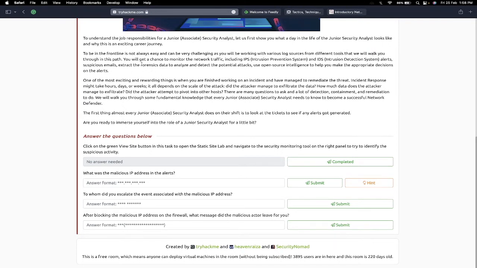You will get a chance to monitor the network traffic, including IPS (intrusion prevention system) and IDS (intrusion detection system) alerts, and suspicious emails, and extract the forensic data to analyze and detect the potential attack. You use open source intelligence to help you make the appropriate decision on the alerts. One of the most exciting and rewarding things is when you are finished working on an incident and have managed